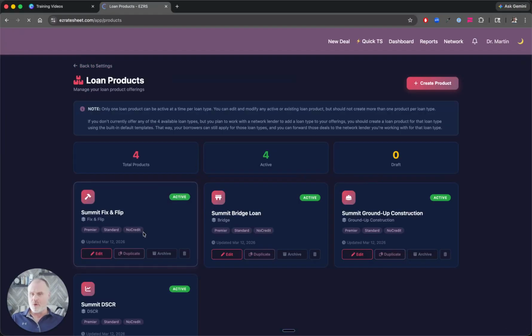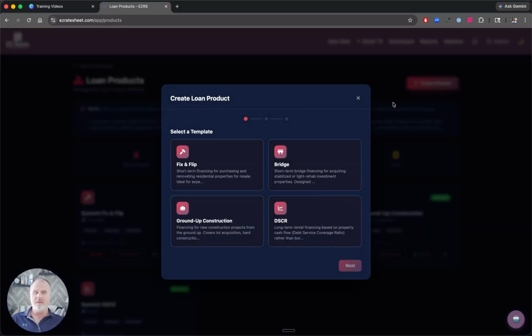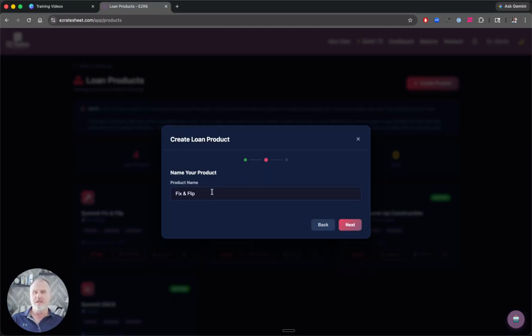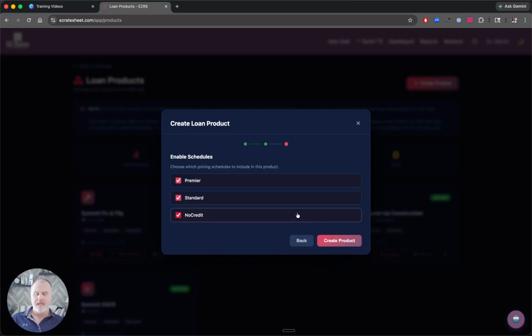So that's how you edit a product. If you want to create a new product, it's very, very simple. Click on Create Product, choose the template, hit Next, and we're going to just call this Demo Fix and Flip. We're going to say on this one, we're going to have a Premier and Standard schedule. We're not going to do